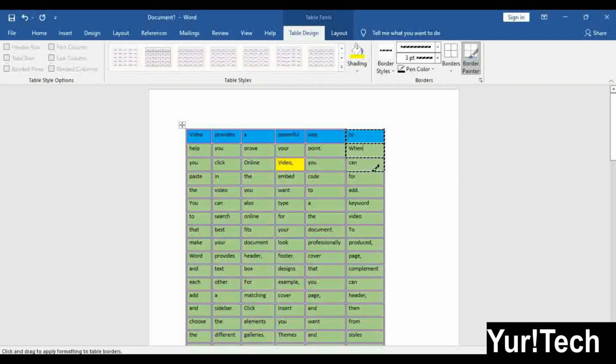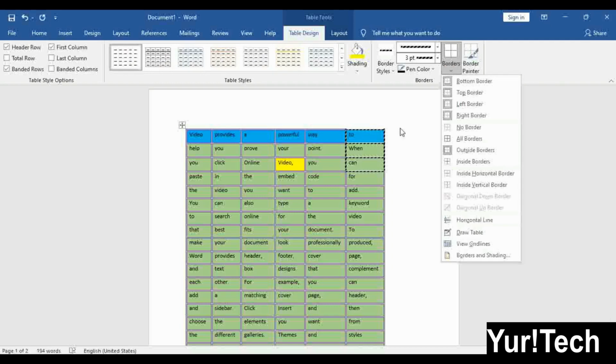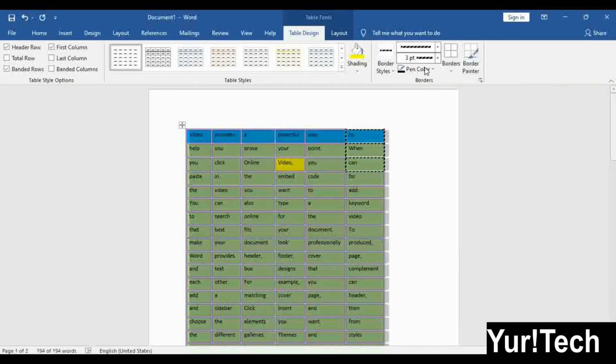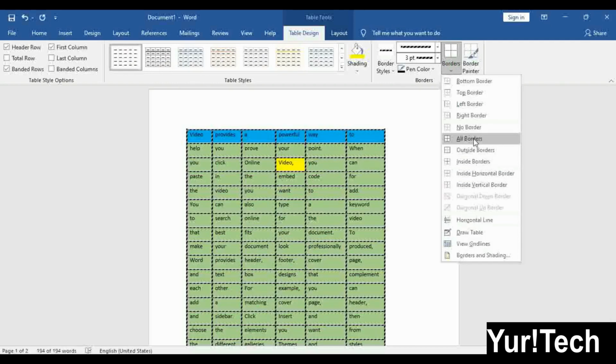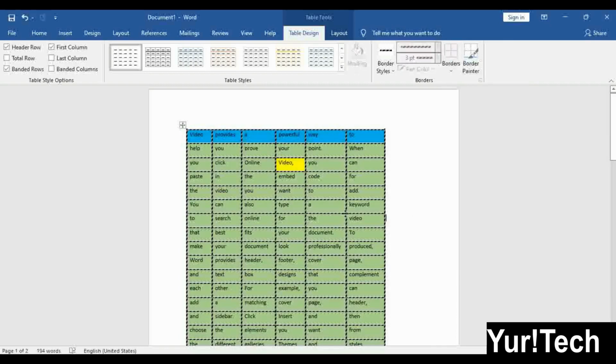This is for a specific cell or a specific line border. If you want to apply it to the entire table, hide this, select all, come here to border, then all borders. Now your border has been changed.